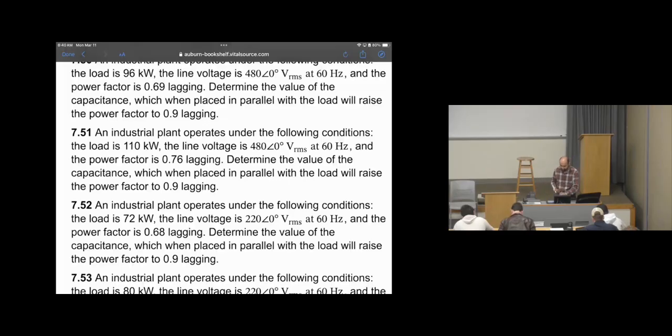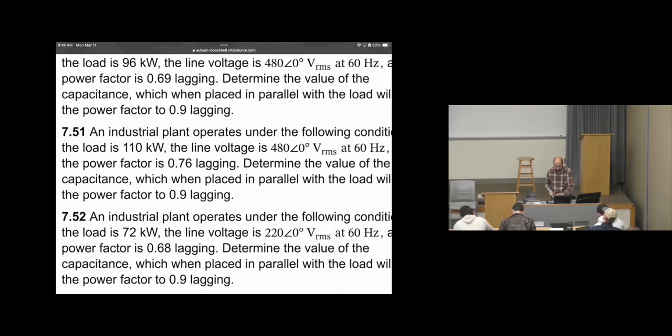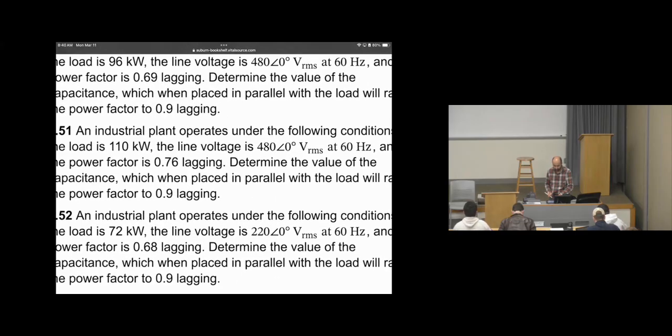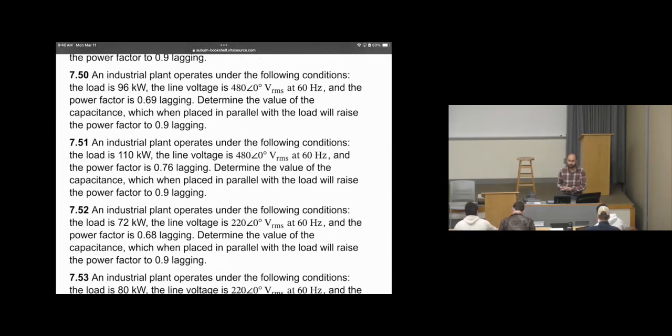So 751: an industrial plant operates under the following conditions. The load is 110 kilowatts. What does 110 kilowatts mean? Real, apparent, reactive, or complex power? It is real power, because it is in watts. And we have the line voltage of 480 volts, 60 hertz. The power factor is 0.76, lagging. Now determine the value of the capacitance which, when placed in parallel with the load, will raise the power factor